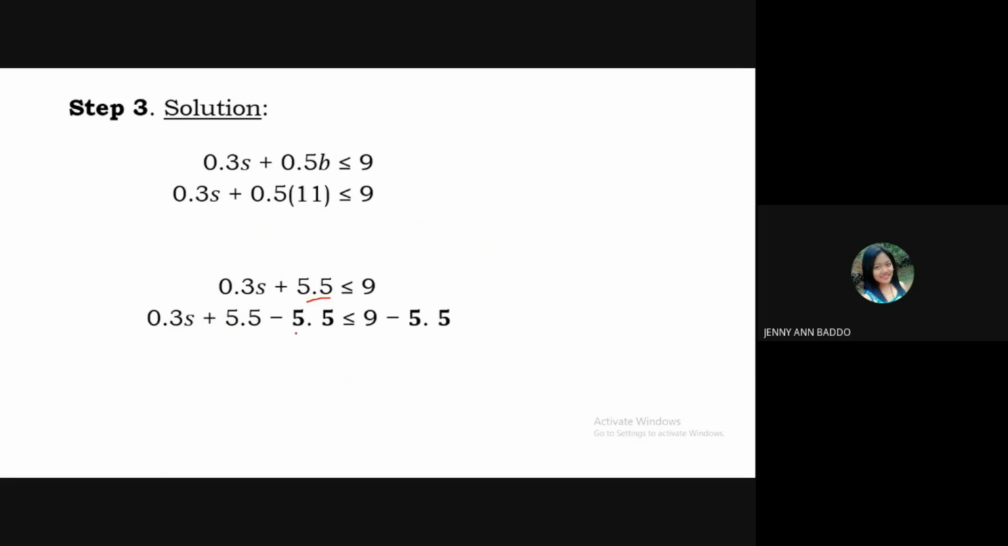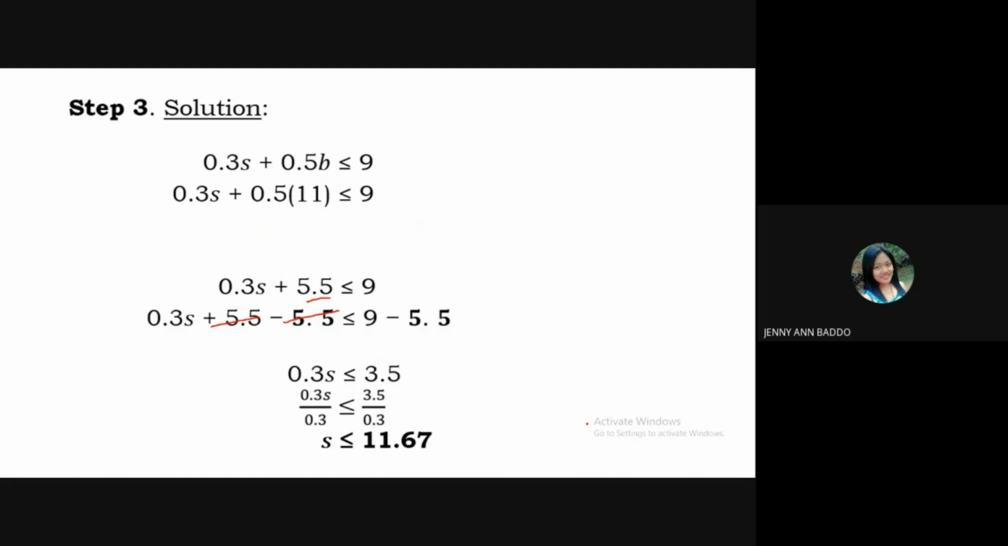And then 0.3S, by the addition property, we have to add the inverse of positive 5.5. That is done by adding negative 5.5, or subtracting 5.5, to both sides of the inequality to cancel 5.5. So we now have 0.3S is less than or equal to the difference of 9 and 5.5, which is 3.5. Then divide both sides by 0.3 to solve for S, that is